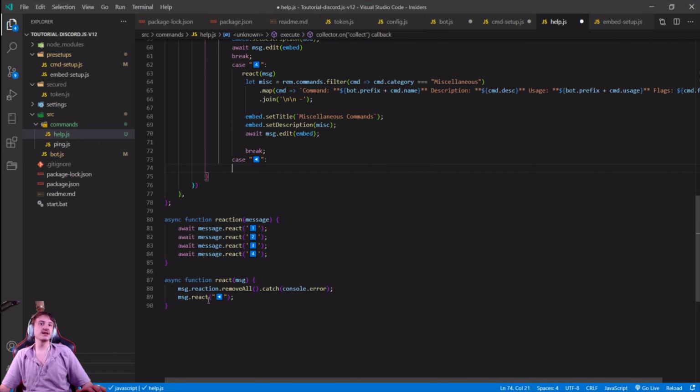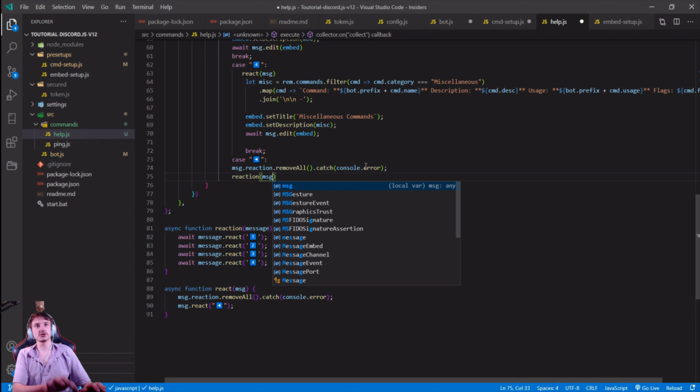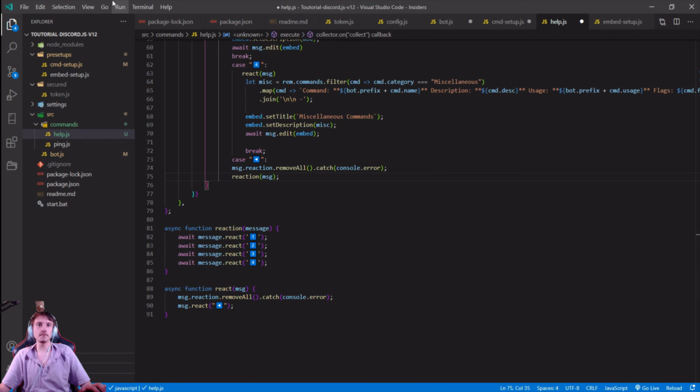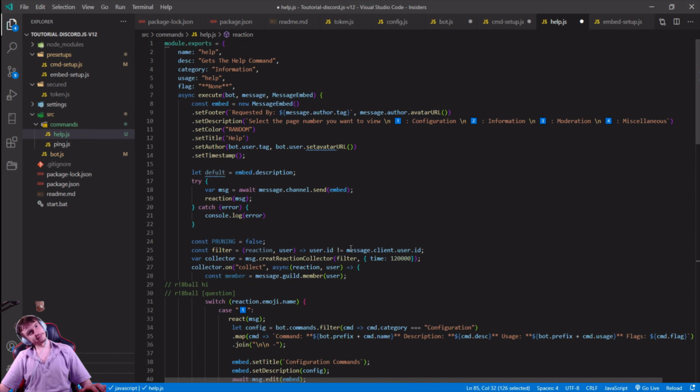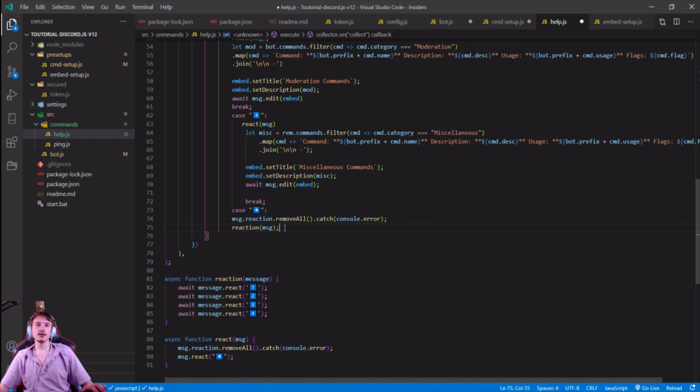Now we can do our simple reaction function, but our reaction function is now up to date for this one. So we're just going to copy this out and put that up. And this is where it changes. We're going to do reaction this time, and we'll pass through the message. So after it removes this reaction, it will re-add these reactions, because the home page actually will use these reactions. So that way we can tell them what pages are available. Then if you hit enter,